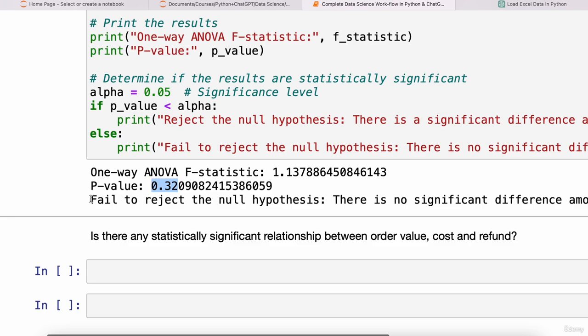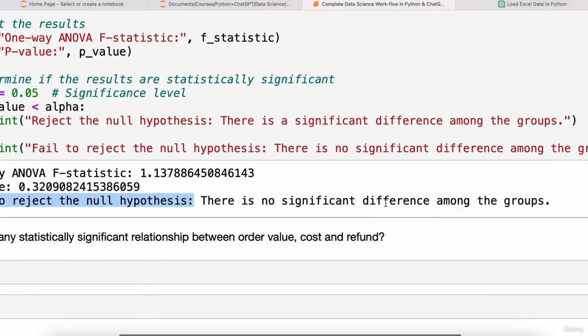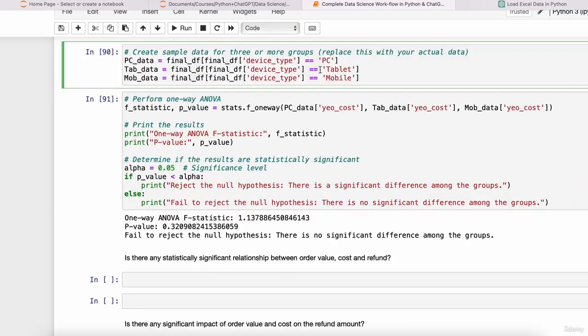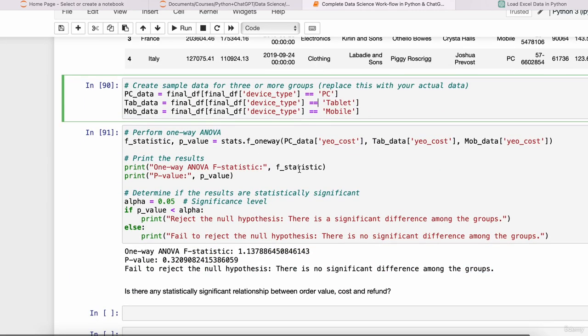That is why the final result is to fail to reject the null hypothesis. That means there is no significant difference among the groups. So the final result is there is no significant difference in the cost of goods sold among the three device types. So this is how you can use the one-way ANOVA to find significant patterns or insights or decision and conclusion for your